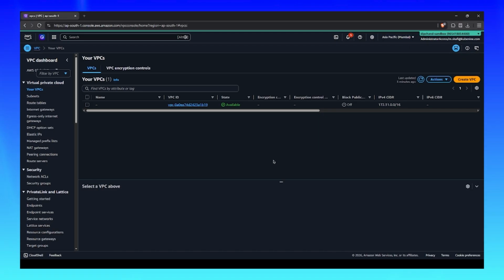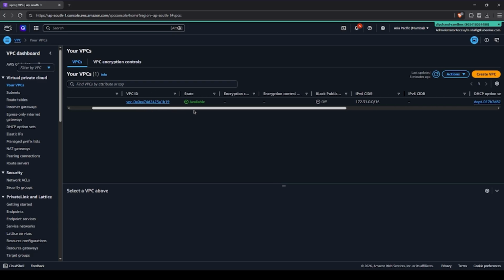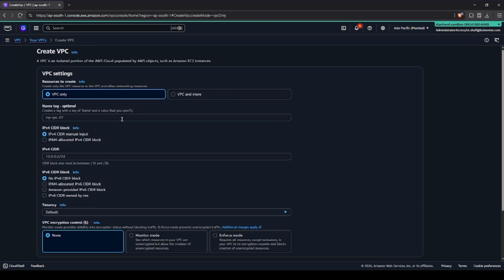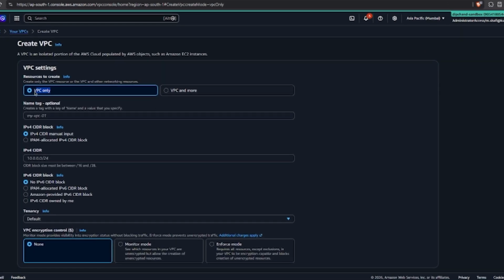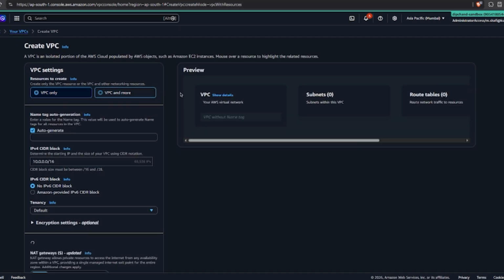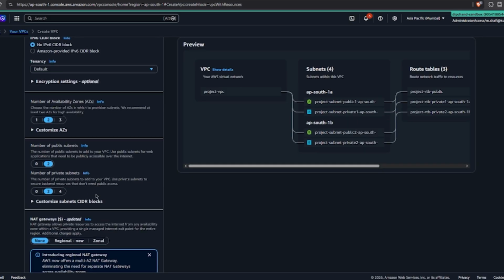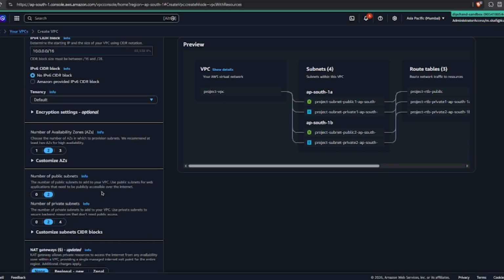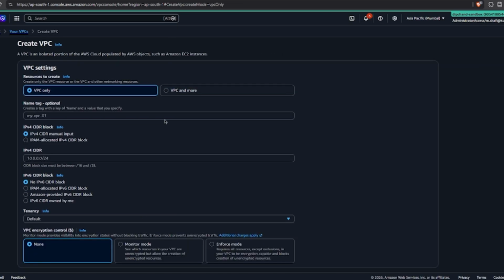So here, as I said before, we are not going to use the default VPC that is created when we create the account. As you know, this has some restrictions, and now we are going to create a VPC from scratch. Let us first use VPC only, because VPC and more will create subnets, NAT gateways and internet gateways along with it, but we don't want that. As we are starting right now, we just create it from scratch. We will name it as a